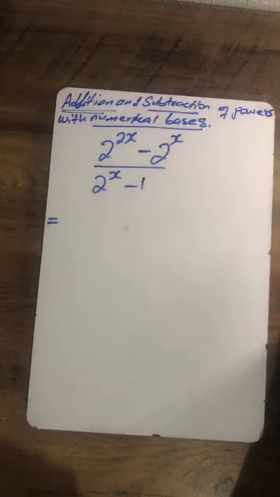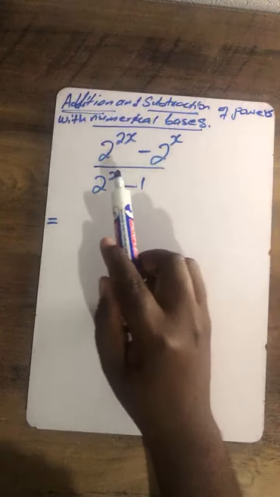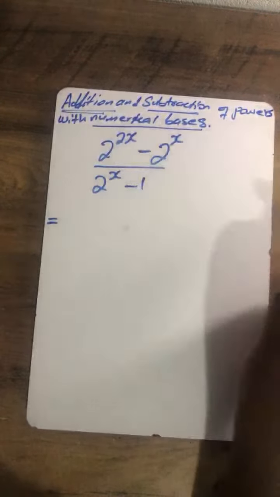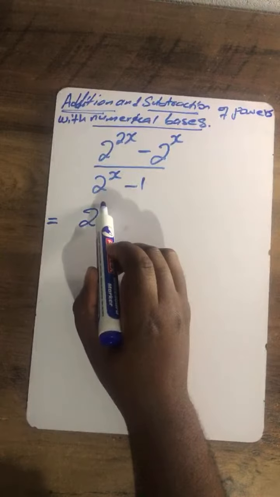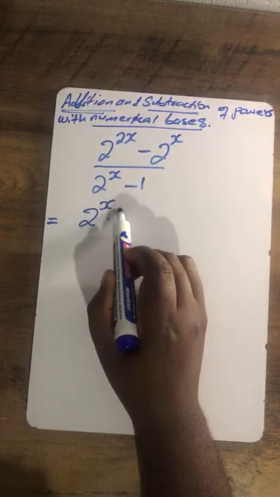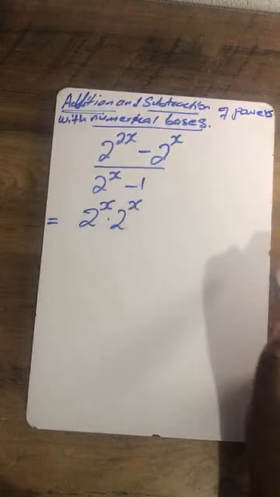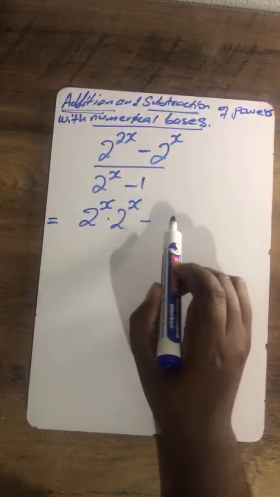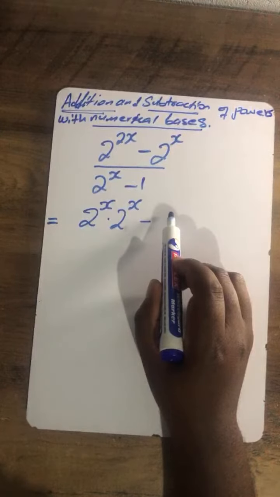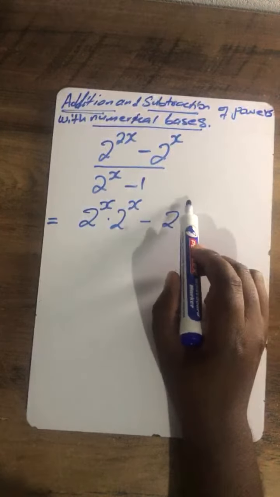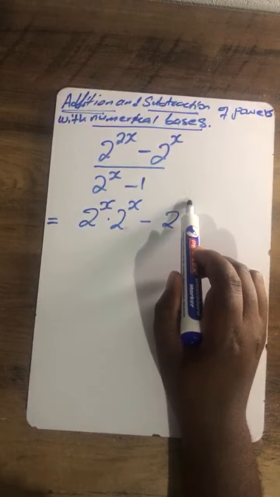Did I copy it correctly? I think so. So now let's see. You have 2 to the that and then that. I said I'm going to expand it. Guys, this thing is the same as that. Again, it can be written as that. Actually, it is supposed to be written as that, or otherwise you can write it